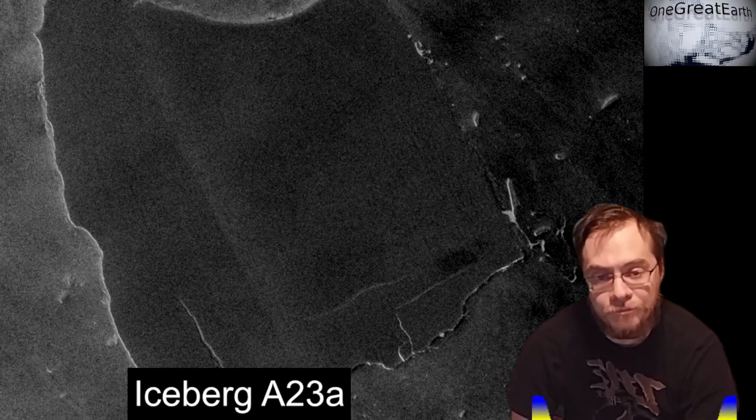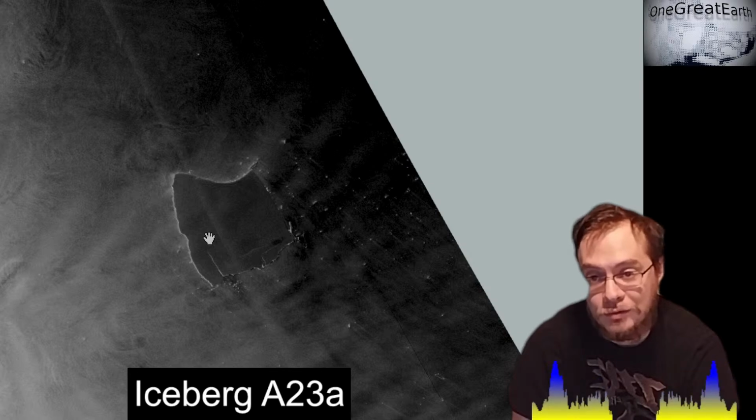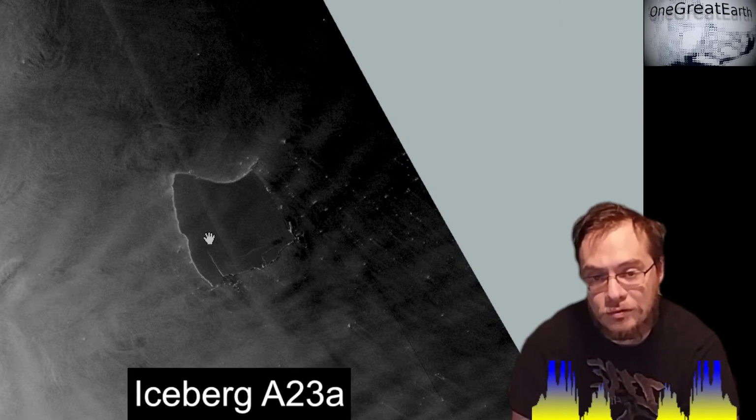Not saying that this thing is going to melt down and cause sea level rise, because it might go back to Antarctica. There's no telling exactly where this thing is going to go. If it goes back home and winds up frozen somewhere, great. But if it continues its journey northeast into warmer waters, especially if it goes northwest towards the Falkland Islands, this thing might need to be taken care of by humans in the near future,